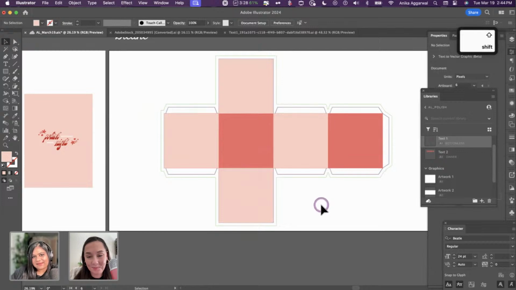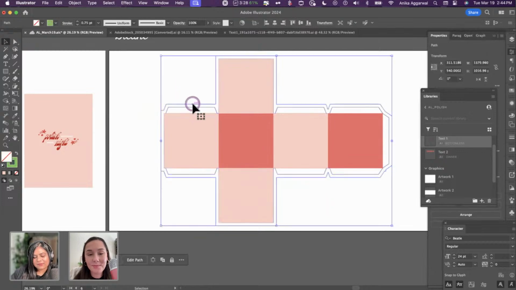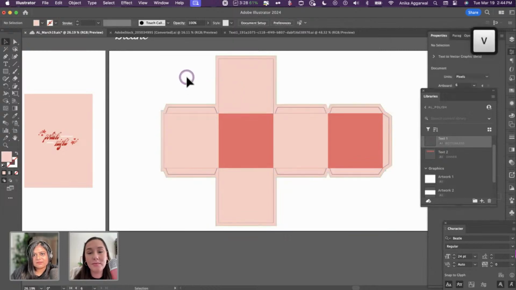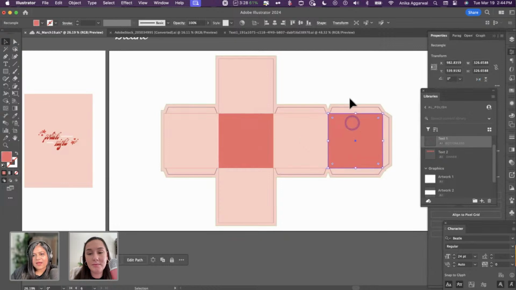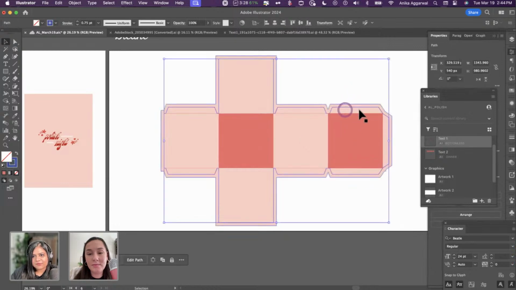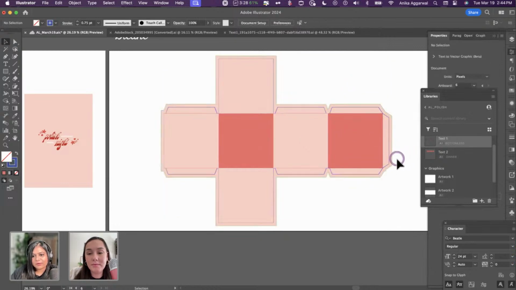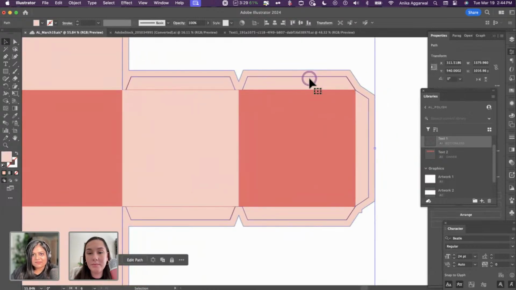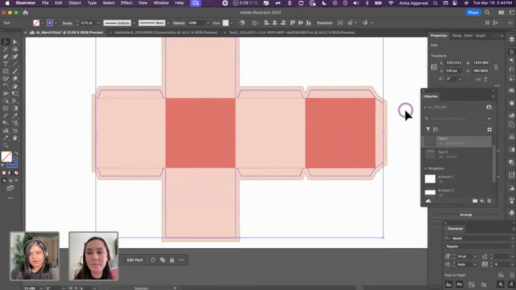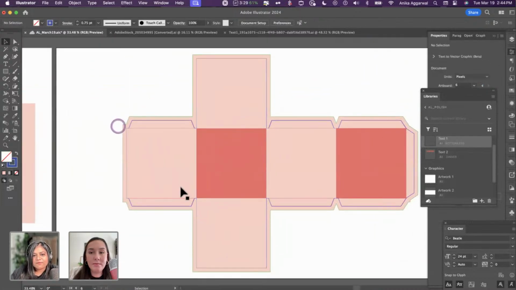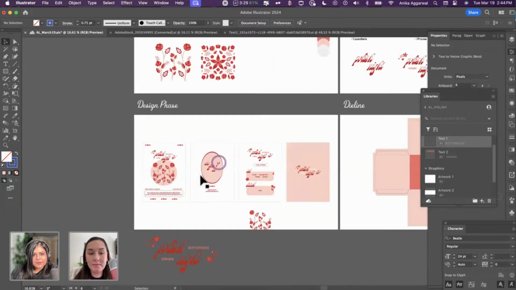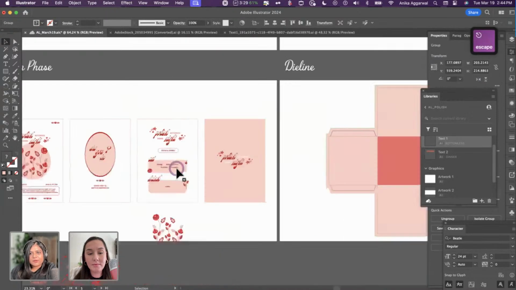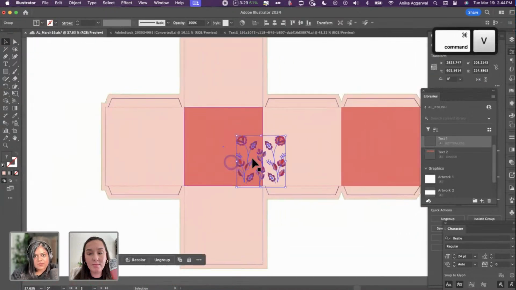Okay, so this is the design that I have. Obviously, this will also have this. So you can just go in here, press Command F, and paste it in back. That's the bleed that I have there. And then you can actually go in and change these shapes as well, but that will be a little bit complicated for right now, so I'm not going to do it. But you can paste in place and change the color. So that'll be easy. For right now, I just want to bring my illustration in here. So maybe I want to keep this consistent. So I'm just going to bring this guy here and I'm going to go back to my die line. So let's go back here.